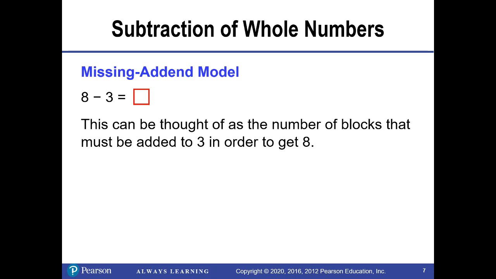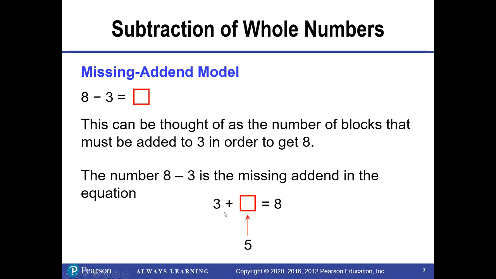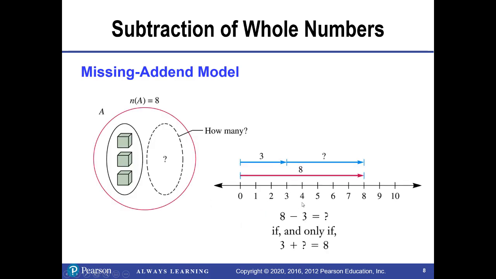This is what a typical problem looks like in a classroom, right? 8 minus 3 equals what? But we could look at this in another way. We could think, if I have 3, what do I have to add to it to get to 8? If I have 3 blocks, how many blocks do I need to have 8? So it's the missing addend in this equation. 3 plus something is 8. And so we could show this